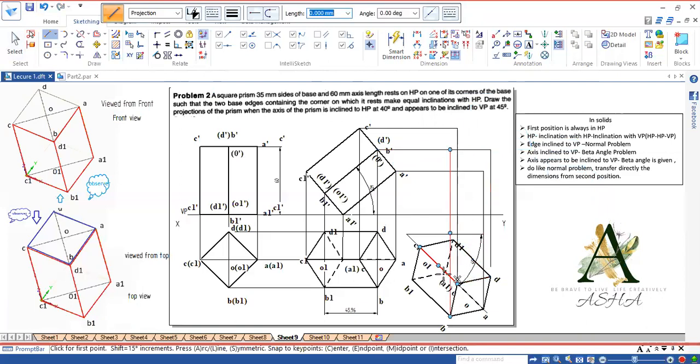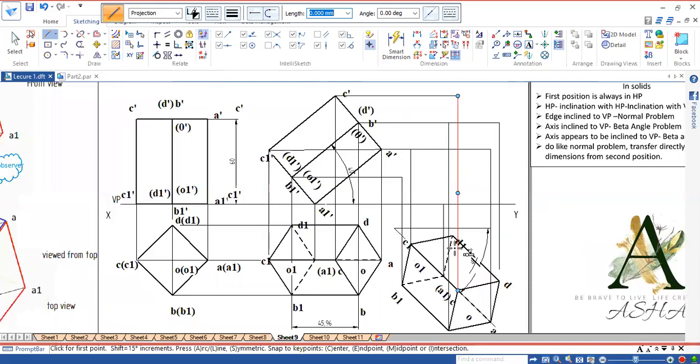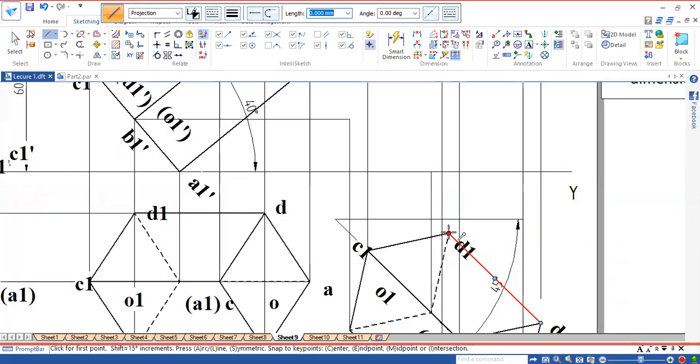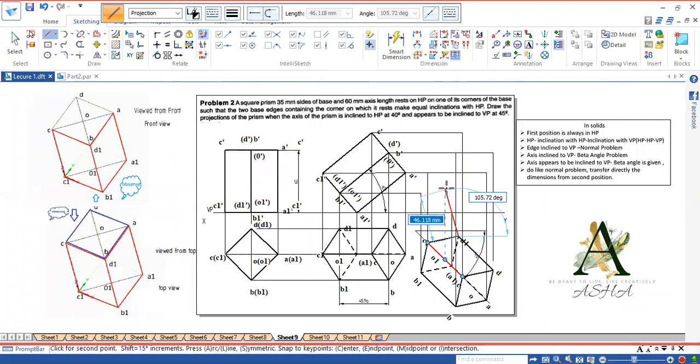Again A1 dash, B1 dash, C1 dash, and D1 on B1 dash.